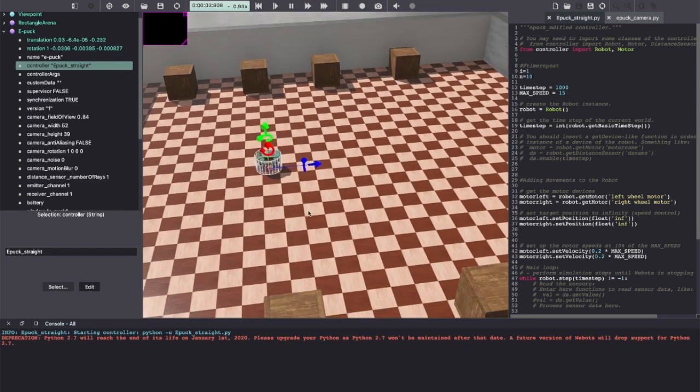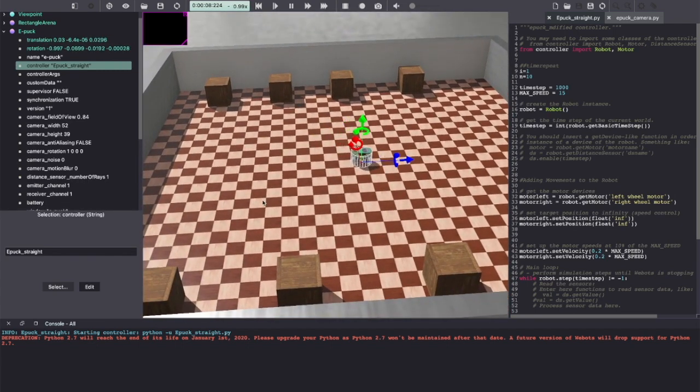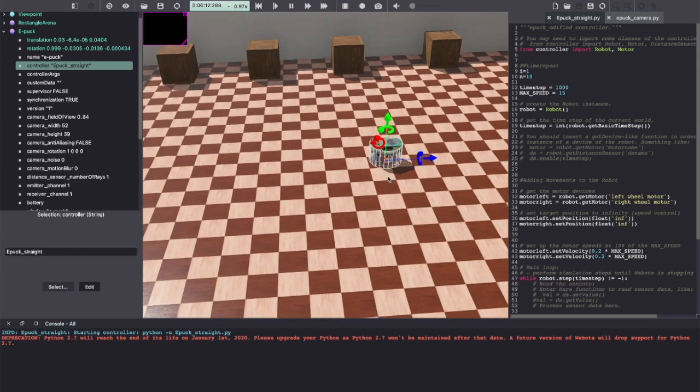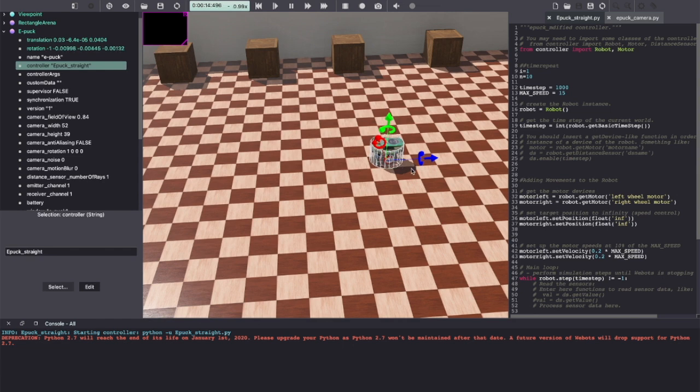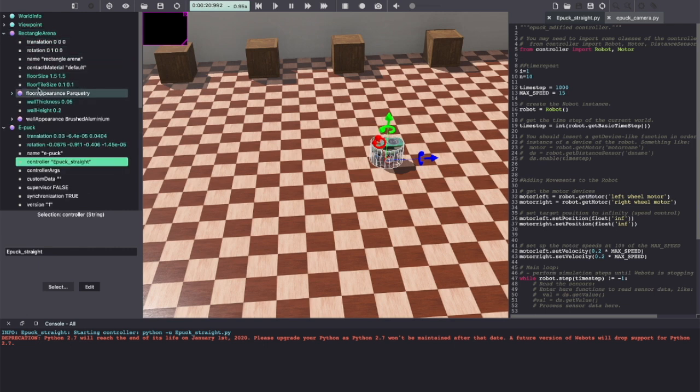As you can see, the e-puck walks straight and stops at 50 centimeters. And if you see the arena,